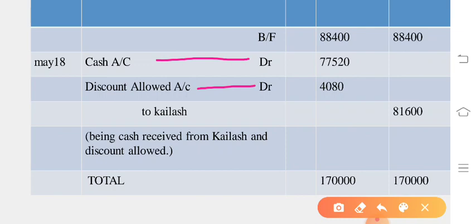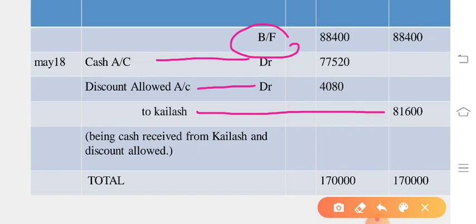Because Kailash is the giver, and hence his account needs to be credited, because any person who is a giver, his account needs to be credited. So here we have completed our journal entry. If you can see here, we have started with B/F, that is balance brought forward. Since we have already taken the balance of the previous page, which was carried forward over there, here it is brought forward. We already have taken that balance as a starting balance.